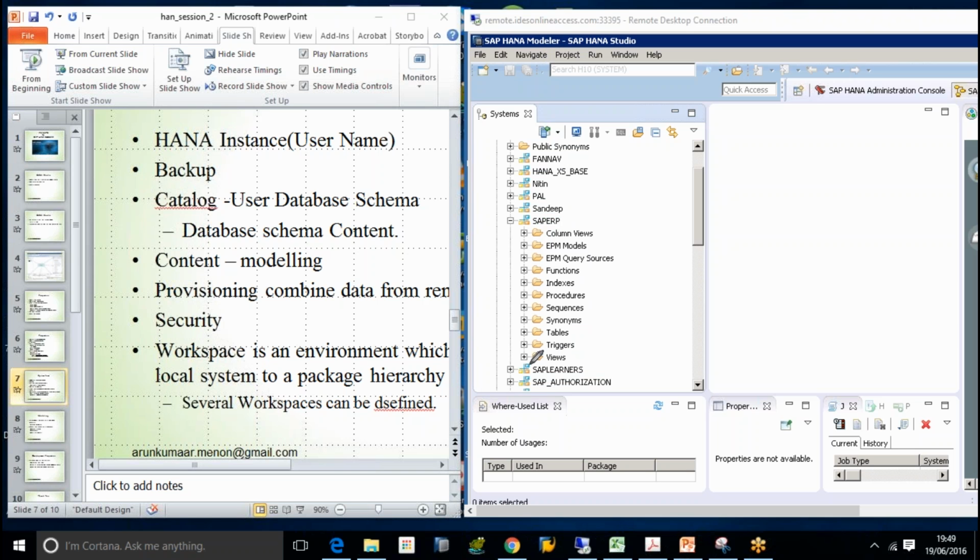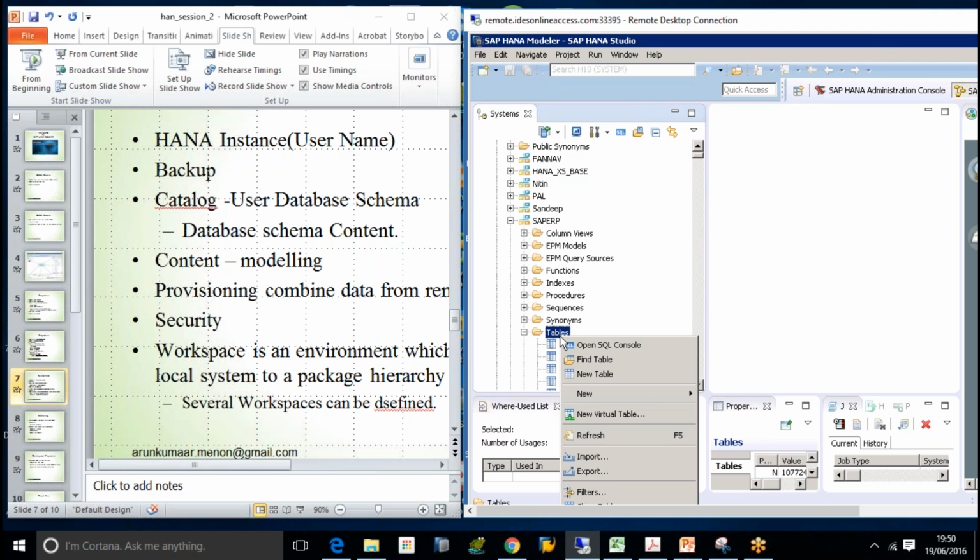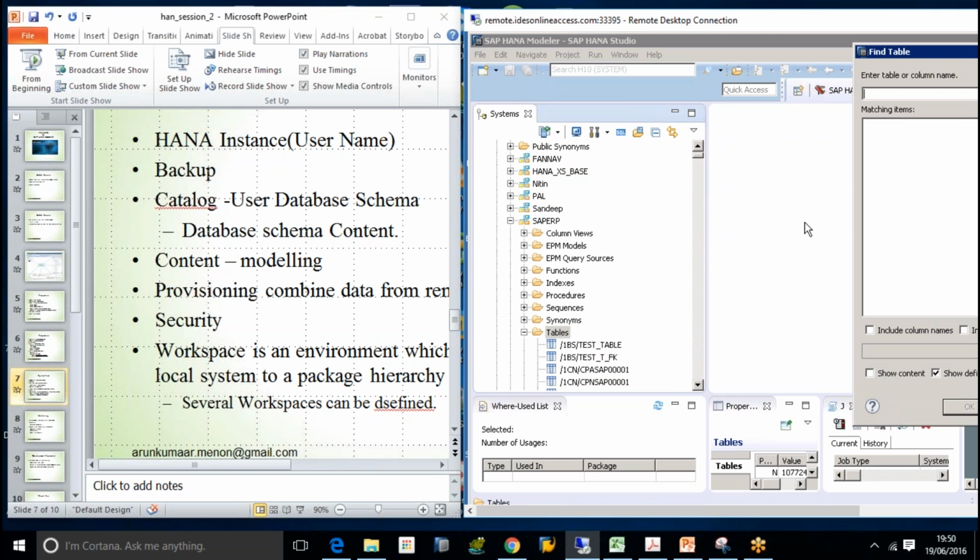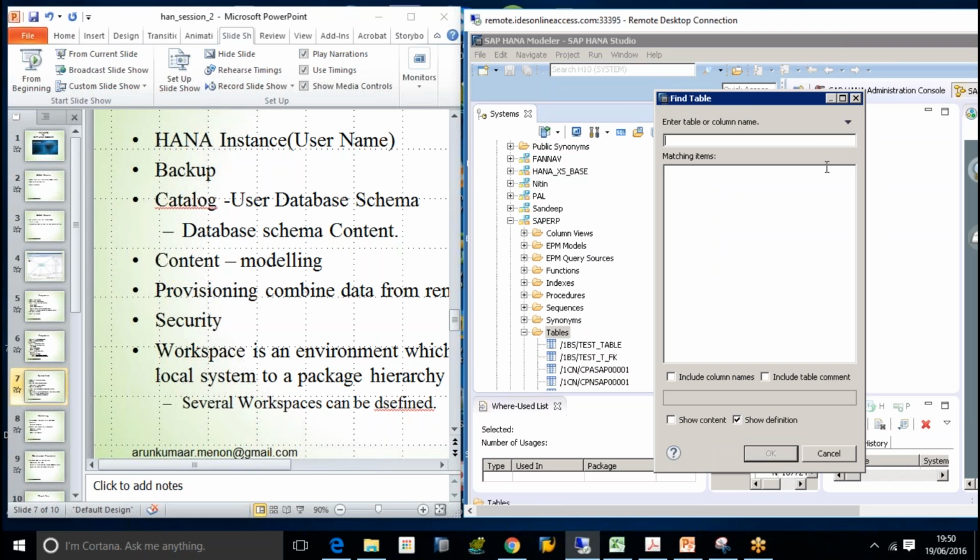Now in this you can find various views, models, then you have tables. Now all the 50,000 odd tables are loaded in this, and you need to find only the first 200 or 300 loaded in this. But if you want to find a table, you can right click on this, say find table, and let's say we want to find the common one. What is the common one? The MARA table. Okay, so MARA,